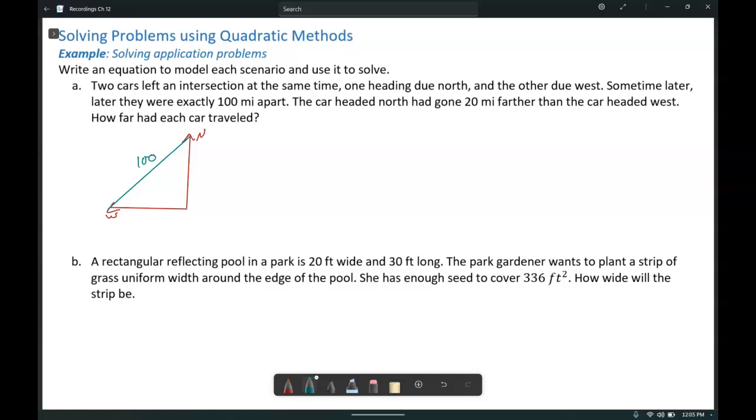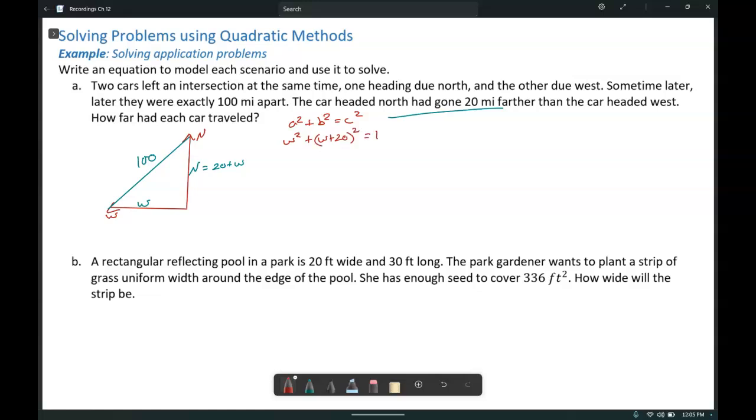By drawing this little diagram, we see that we now have a triangle. So if we have a car going west and we have a car going north, well, the north car is 20 miles further than the west car. So we have these expressions to represent the sides of the triangle. And since we're dealing with a right triangle, we can use our Pythagorean theorem. Substitute the values in